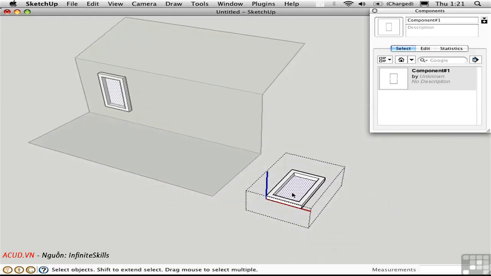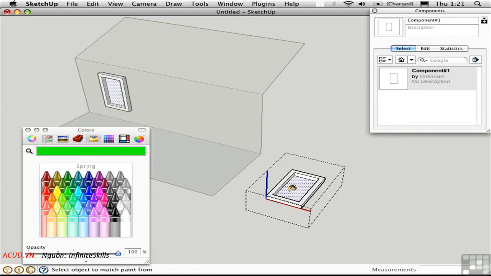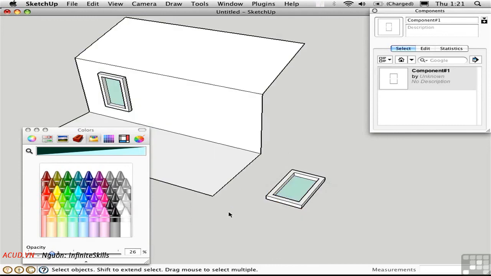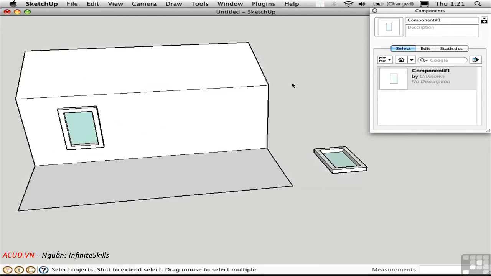And then I'll press B to open up the Paint Bucket tool. I'll choose a pale blue color and set the opacity low. Click on the surface to create a partially transparent window. So this component now can be inserted in any vertical surface, and it will cut through the wall and show the